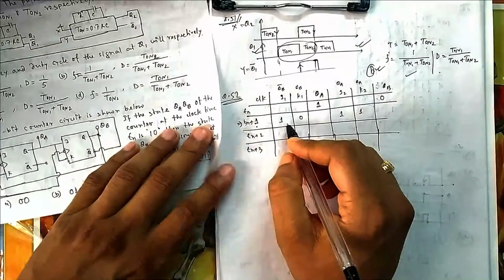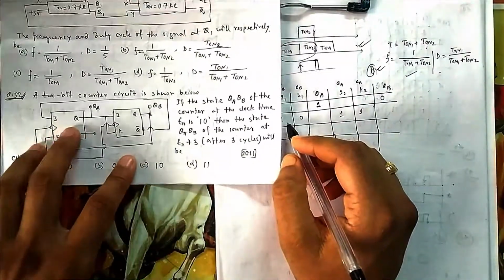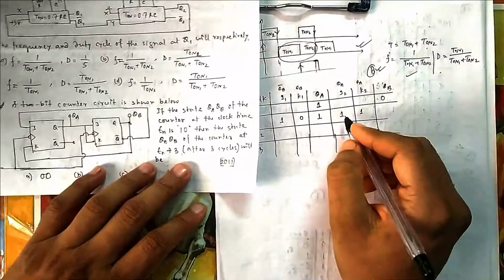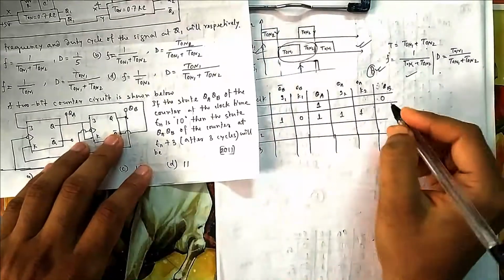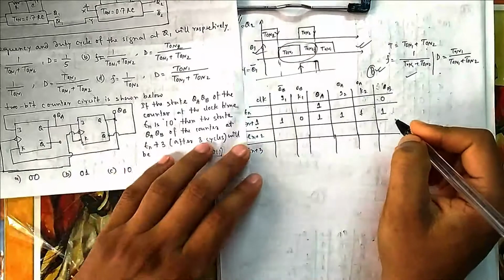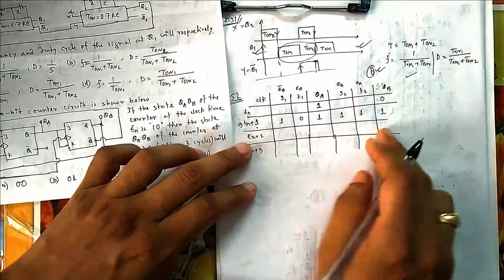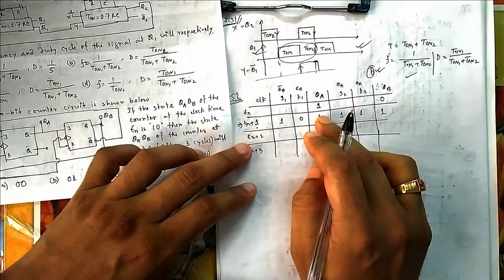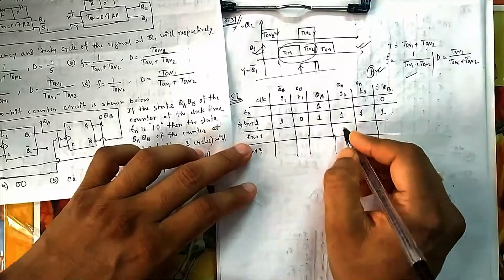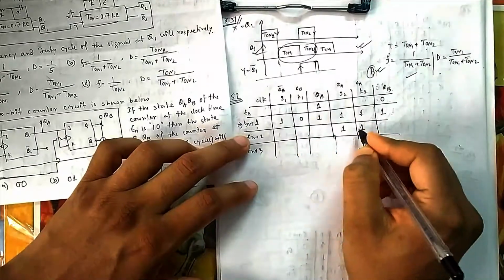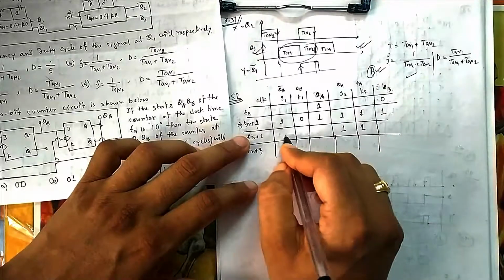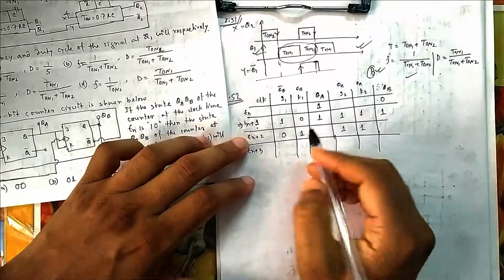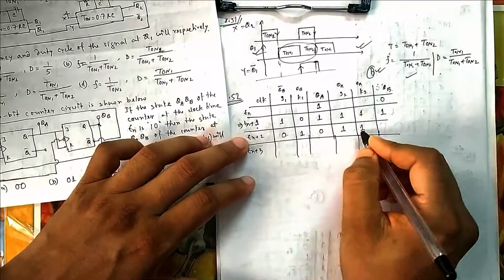Now once you give the first shot, because it is 1 0, J K of 1 0 makes the output 1, so it will be 1. And the second one, if it is 1 1, then it changes, so its state will change from 0 to 1. Now before giving the second shot, let me check the input again. This is QA simply, so J2 K2. What is the state of QA? It is 1. So before giving the second shot, the inputs are 1 1 still. And the other input is QB bar, so it is 0, and QB is 1. Now if you give the second shot, because it is 0 1, it will be 0. Because it is 1 1, it will change to 0.